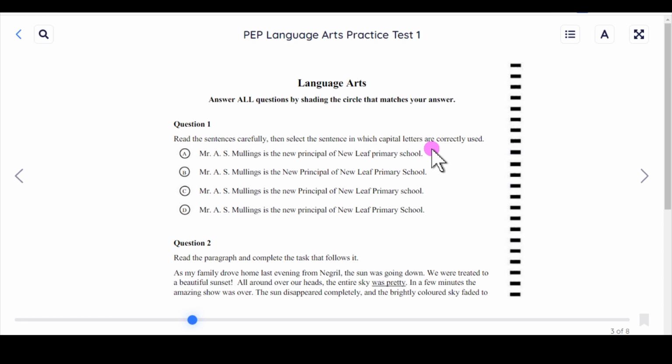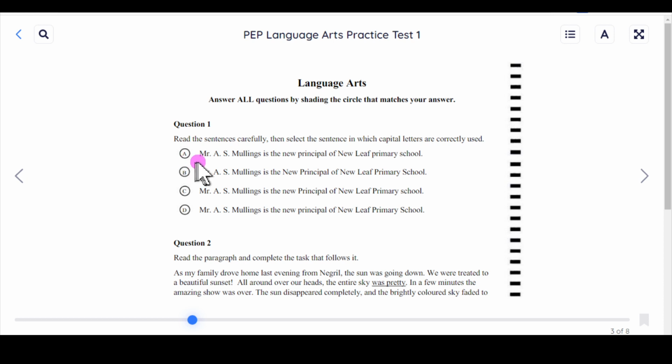The big idea here is the use of capital letters. We need to know when to use capital letters. So make sure as you prepare for your exams that you're looking back at that. So we know that capital letters start sentences. They are used with proper nouns, the special names of people, places, and so on. They are used for certain titles of books and magazines and so on. And